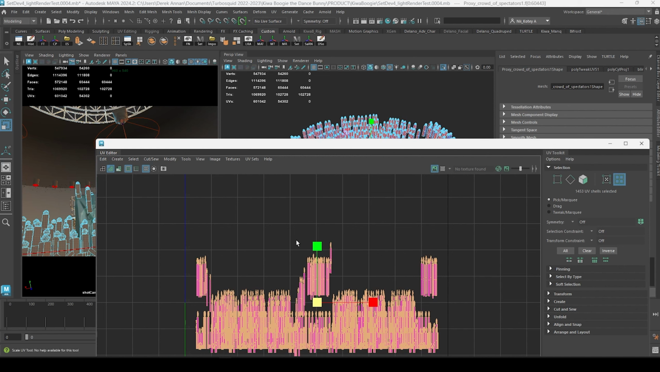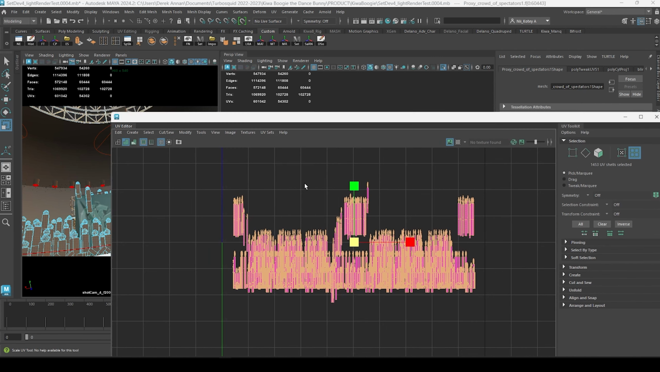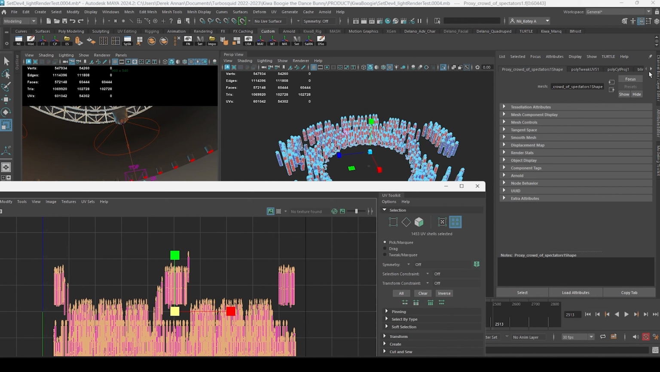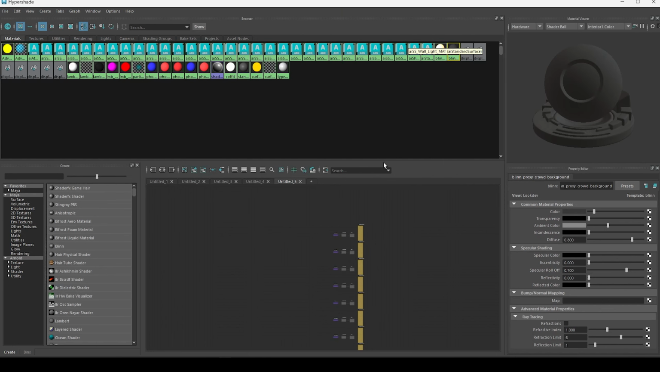The alembic file that comes in is going to have a lot of properties that allow the various sections of the crowd to look like they're part of a set or part of a group, and that's what I'm going to try to simulate here. With this thing laid out like this, I'm going to find the material for the proxy crowd right there, and I'm going to select it, go into